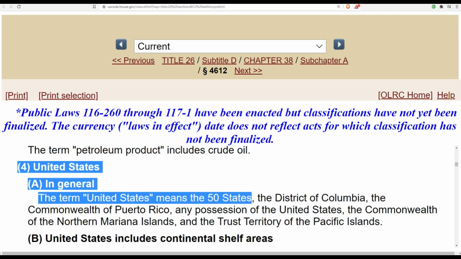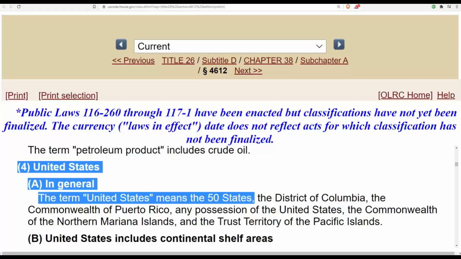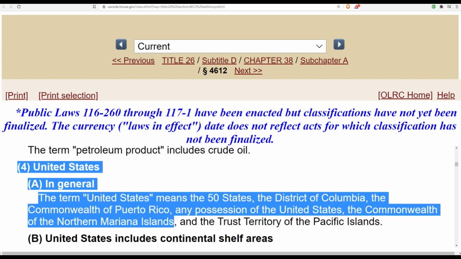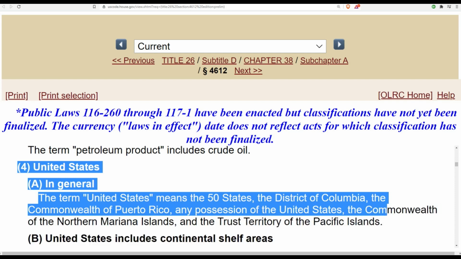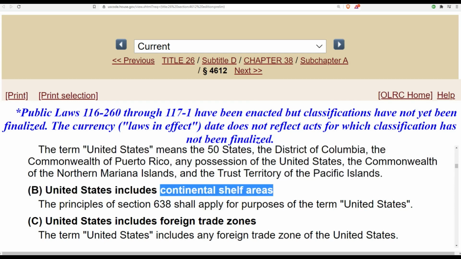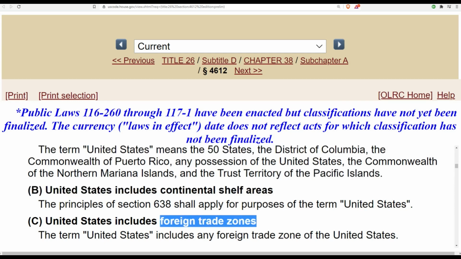See, there you go again. They use the term 50 states again deliberately. And the District of Columbia, the Commonwealth of Puerto Rico, any possession of the United States, the Commonwealth of Northern Mariana Islands, and the Trust Territory of Pacific Islands, and more, folks. Continental Shelf areas are included, also includes foreign trade zones.